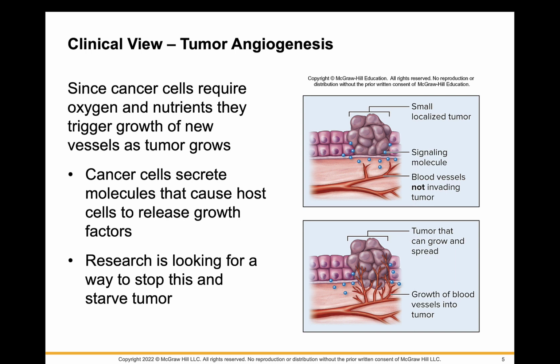Now, here is a really interesting concept, and what they're talking about here is angiogenesis in a tumor. Keep in mind, cancer cells are alive, and they are going to require oxygen and nutrients to stimulate growth. So what will happen is these tumors are going to send signaling molecules and result in the growth of vessels into that tumor. That can be a problem with these growth factors. A current avenue of research is looking for a way to stop this angiogenesis and starve the tumor of blood supply by making sure that it's not developing these new vessels that are going to meet the demand of the growing tumor.